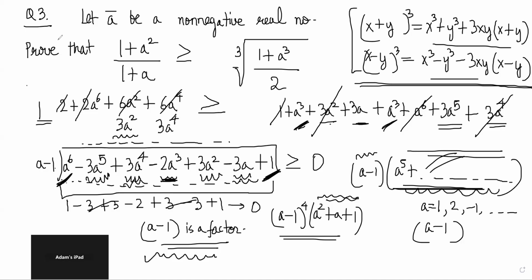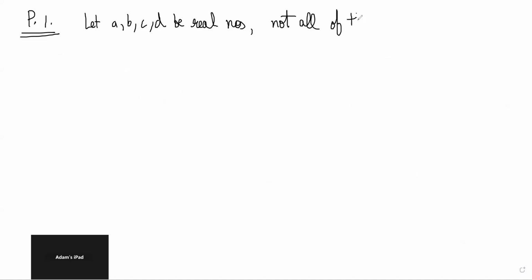Okay. I will give you 2, 3 problems that you need to try for next week. Try it properly. Don't give up quickly. So the first one is this. Let a, b, c, d be real numbers, not all of them are equal. Not all of them are equal means maybe some of them could be equal, right? It is possible that 1 or 2 of them might be equal, but not all of them are equal, right? Prove that